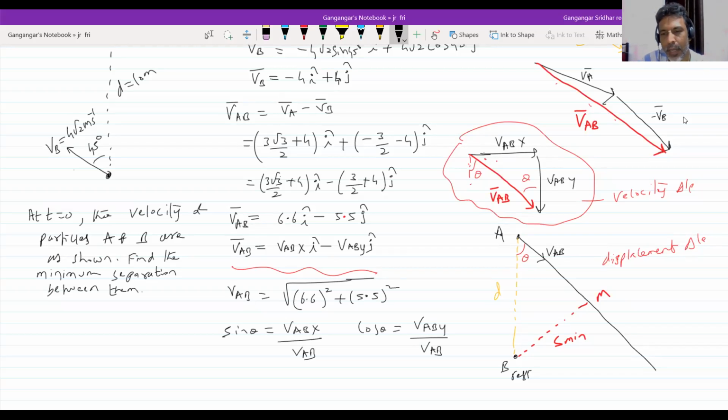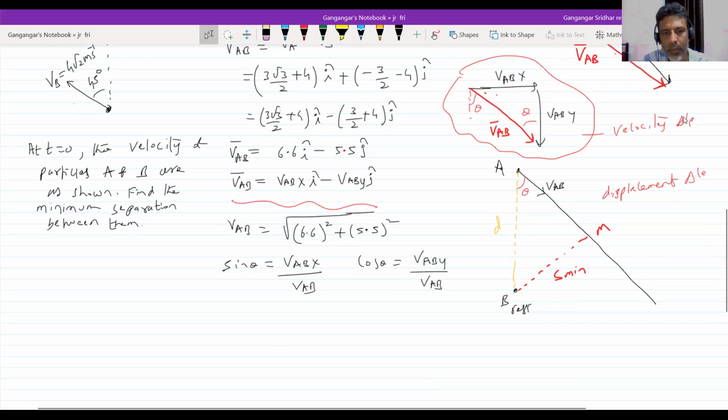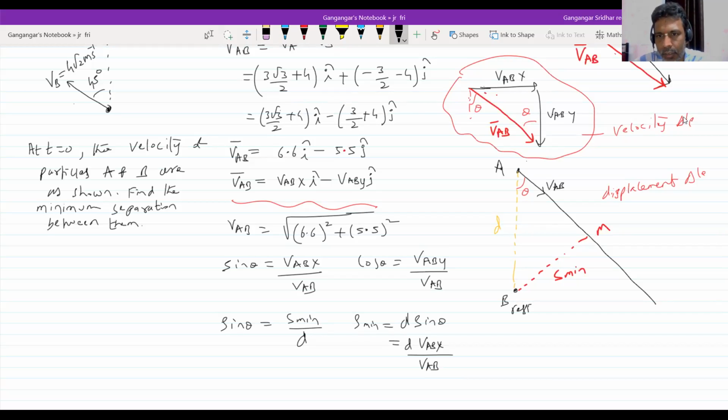Okay, now what is the minimum distance? Sine theta is equal to S minimum by D. So S minimum is equal to D sine theta, which is D times VABx by VAB. What is the time taken to reach here? So T equals 0,